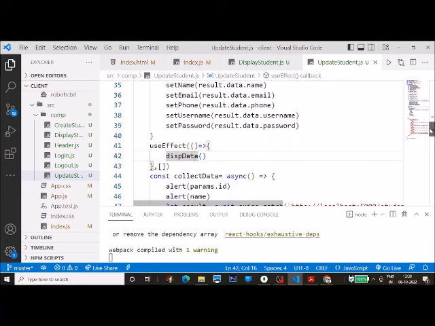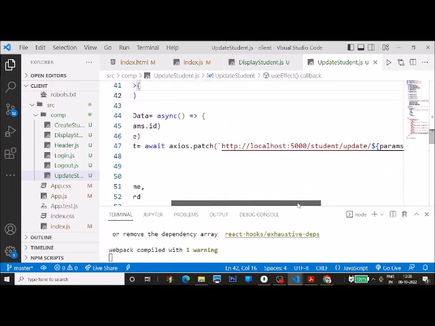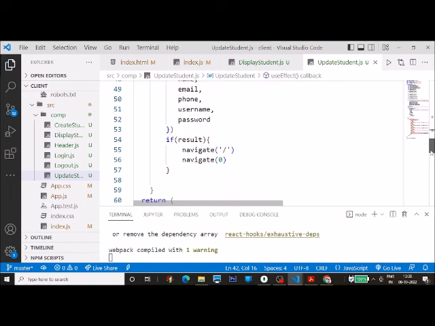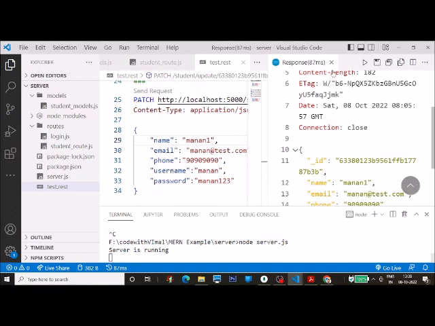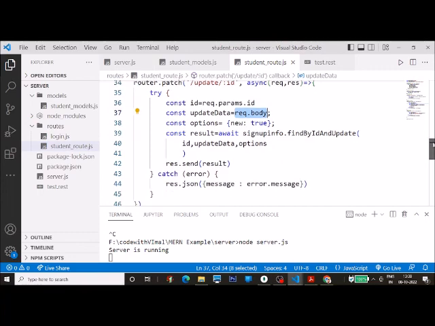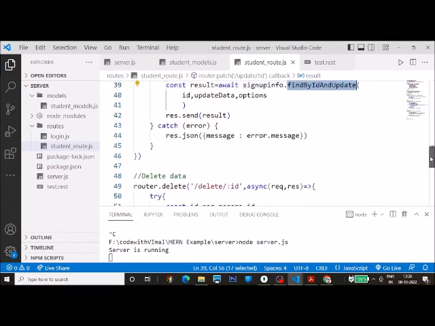Now after that I am using collect data. So when I submit that record, I am again calling my API, which is updating my record using patch. I am passing my records over here, and then I navigate to the route. So this is client side, and in case of server side, what we did, we have written two things. One is this update record, where I am taking this value using request.params.id, that ID, and then updating my record or all records using this request.body, and then the option new is true, and then I am updating using the findByIdAndUpdate method. Right,